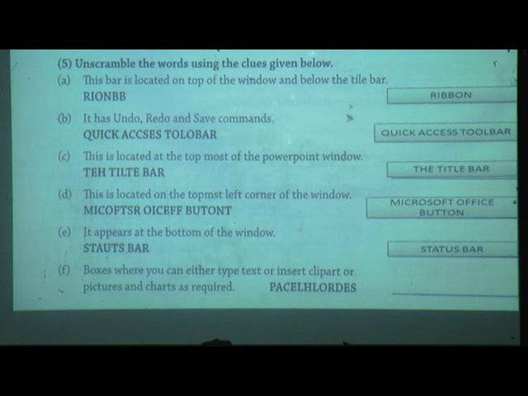Now what spelling is given? P-L-A-C-E-H-O-L-D-E-R-S. Then what is it? Placeholder. P-L-A-C-E, place, H-O-L-D-E-R-S, placeholders.